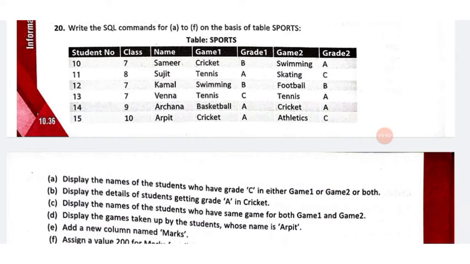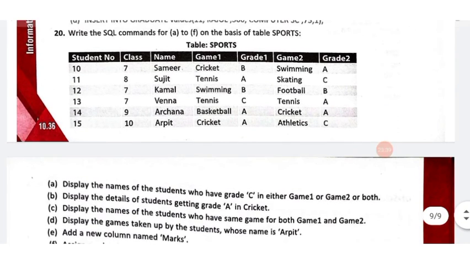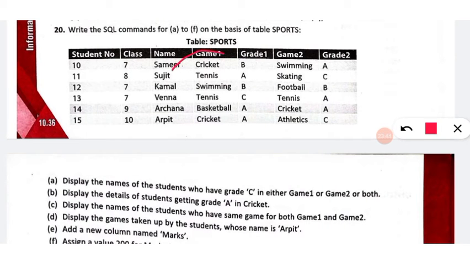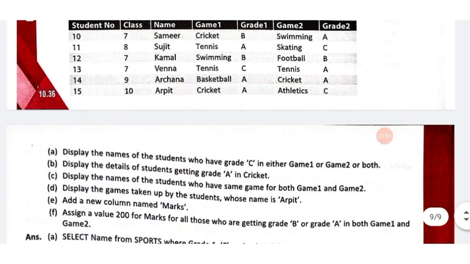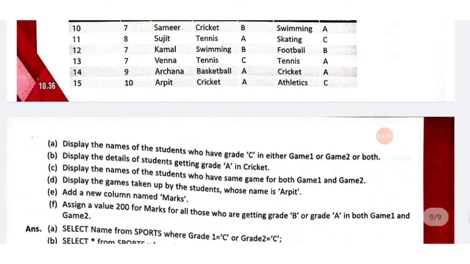Cricket is there in both game 1 and game 2. You can see cricket is there in game 1 and game 2 also. So you have to check grade 1 and grade 2 also. So how will you write this statement? Display the details: select star from sports where grade 1 equal to A or grade 2 equal to A